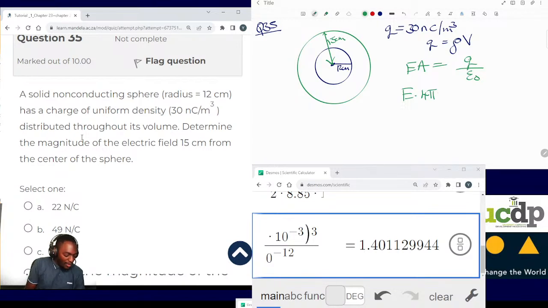And which radius are we using? It's the radius of the Gaussian surface, right? Which is r, and this is r. 4 pi r squared. And our Q enclosed is rho V over epsilon naught. So this becomes E dot 4 pi r squared equals